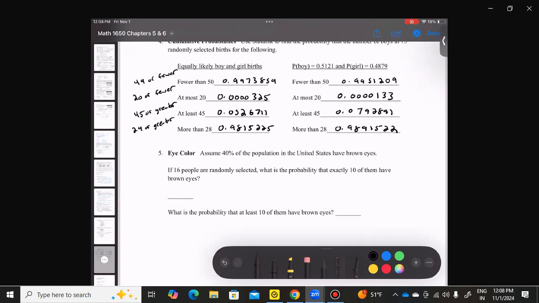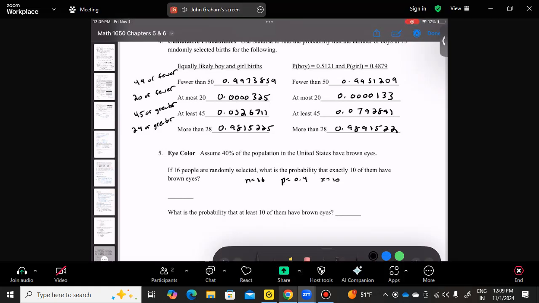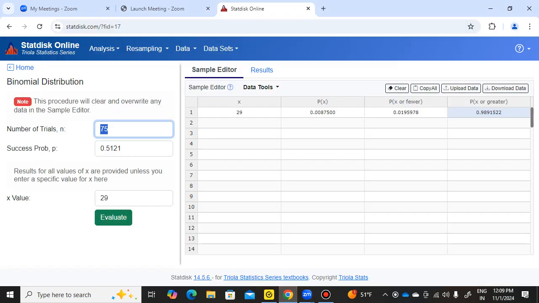Last one deals with eye color. Assume 40% of the population in the United States has brown eyes. If 16 people are randomly selected, so n equals 16, what is the probability that exactly 10 of them have brown eyes? Okay, p equals 0.4, and then we're going to look at x equaling 10. So 16, 0.4, x equaling 10, and we're looking at exactly 10. So the probability is